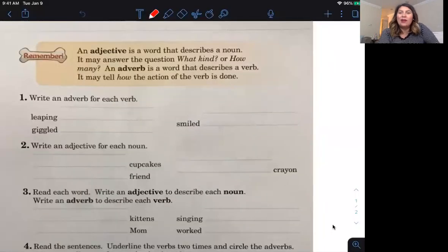All right, let's see what's going on here with my share screen. There we go. We're up and we're ready to go. Let's go ahead and read together. You should be on page 293,